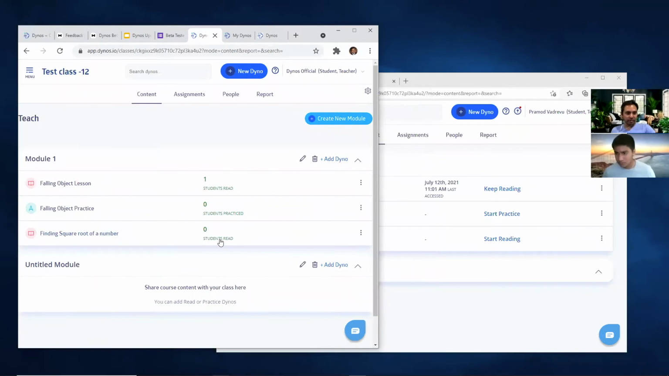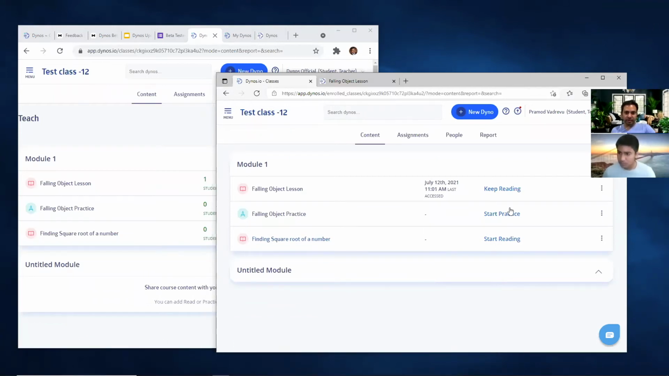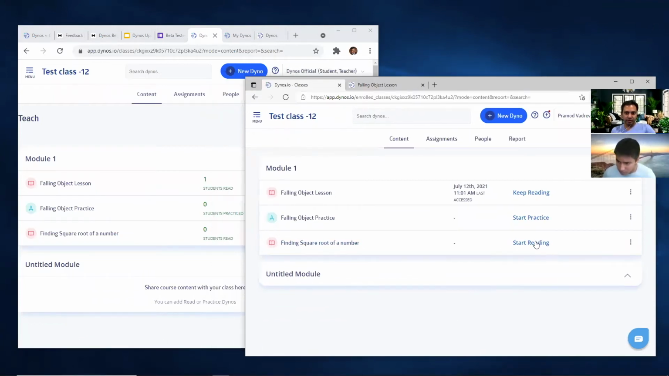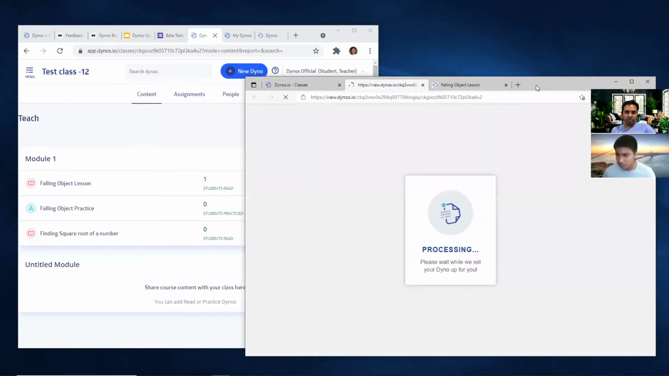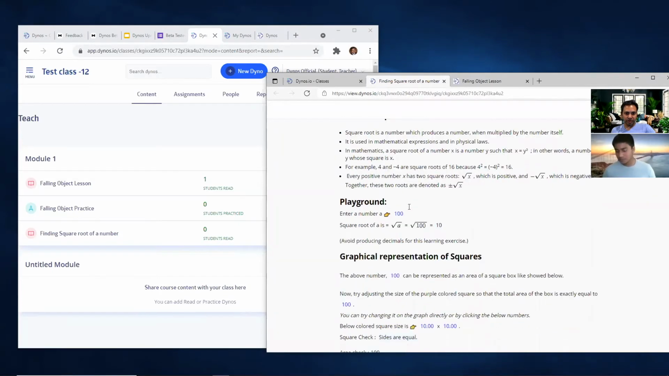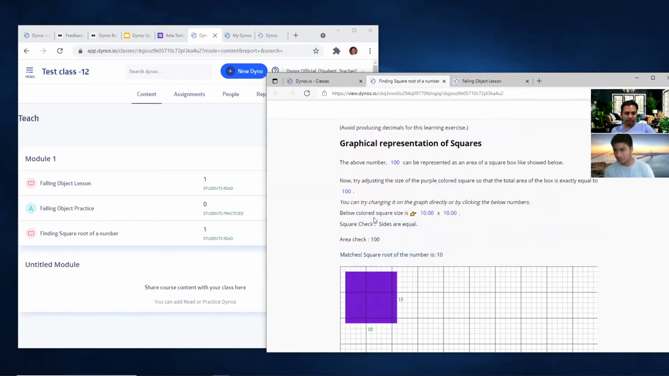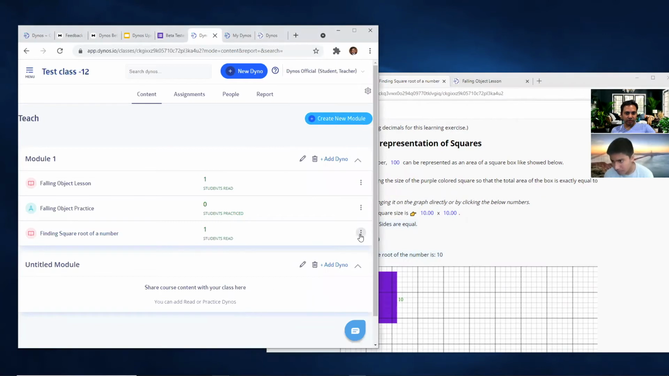Now you can see this one says 0 students read. So let's open this, finding square root of a number. If I click start reading here, it's going to open up, and as a student, I'm viewing this and going through this content. And you can see it already says 1 student read. And also if you say view analytics,